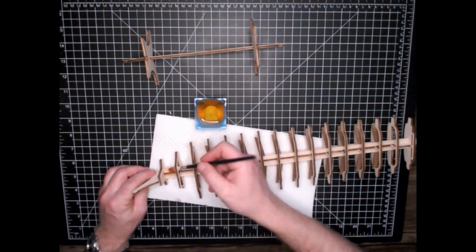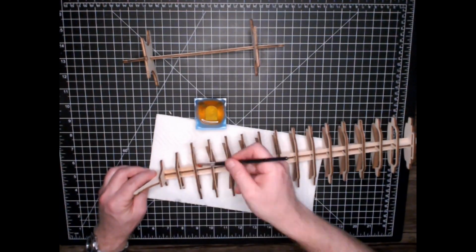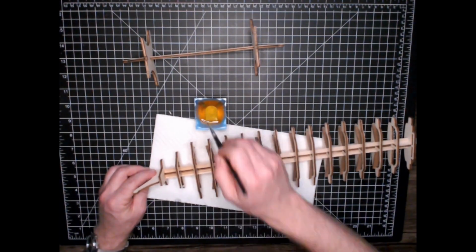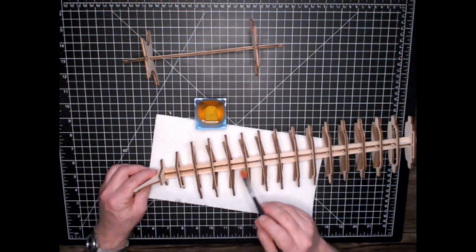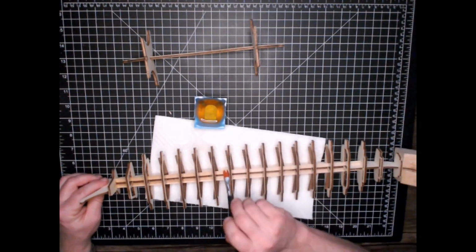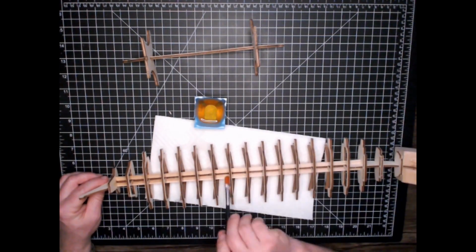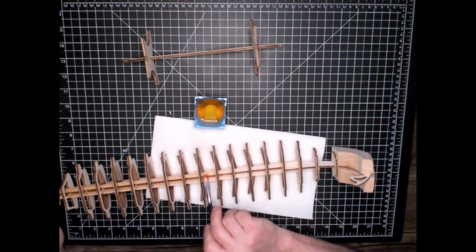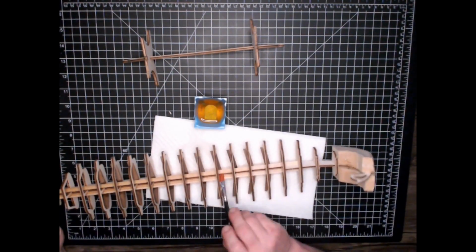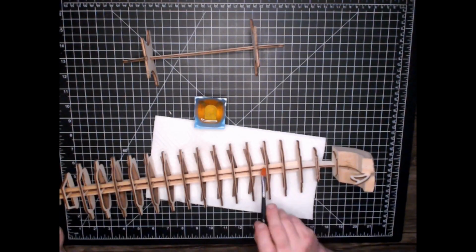Now that that's all glued in and dried, it's time to apply a finish on these inside pieces. The product I chose was something called Danish oil, and you can pick this up at your local hardware store or Amazon. Basically what I wanted was something to seal and treat the wood without staining it, and this seemed to fit the bill. And what you see me doing here is slathering that Danish oil all over the parts